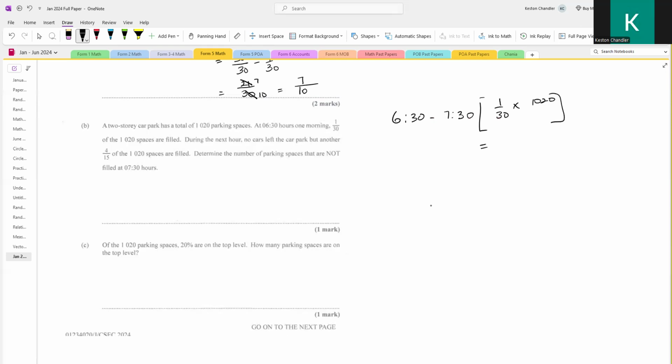All right, so we could use 3 into this will give me 10, 3 into this will give me 3 with a remainder 1 there. That's going to be 40, and then 10 will go into this 1 time, and then 10 will go into this 34 times. So we're talking about 34 spaces being filled during this period. So this is spaces filled. In the next hour,